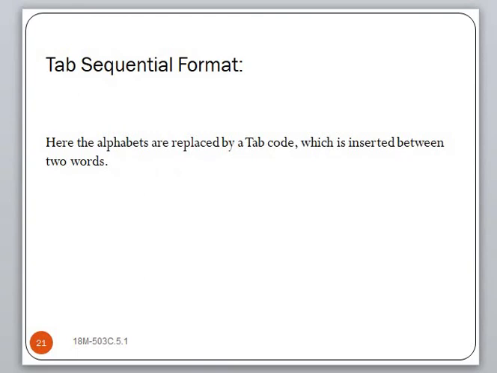Next one, tab sequential format. This format is essentially the same as the fixed sequential format. The difference is that each word within a block, except for the first word, is preceded by a tab character. The main improvement over fixed sequential format is that the tab character for a specific word need not be followed by numeric data if the data are not required in that particular block, or if they are modal data that have not changed from the previously given value.